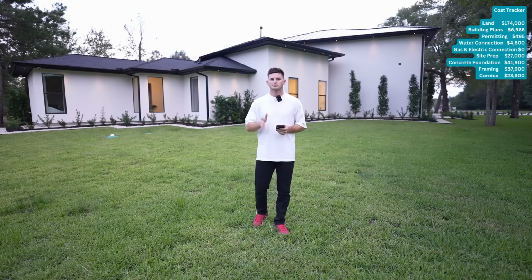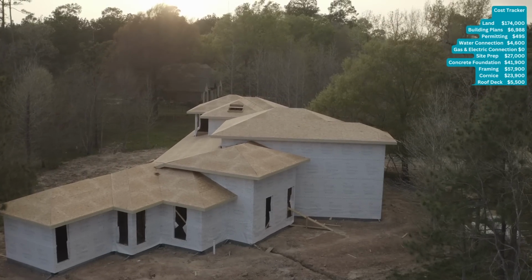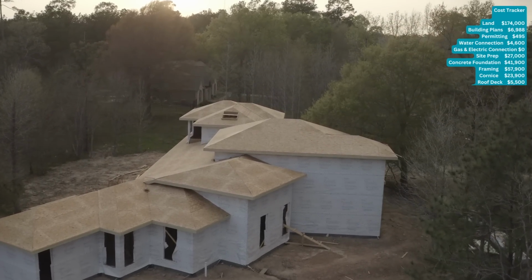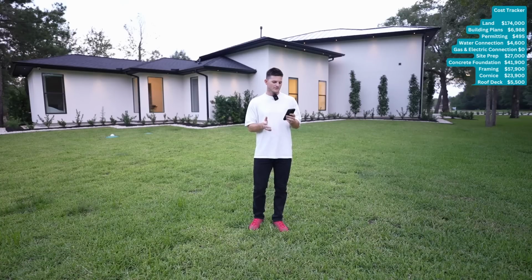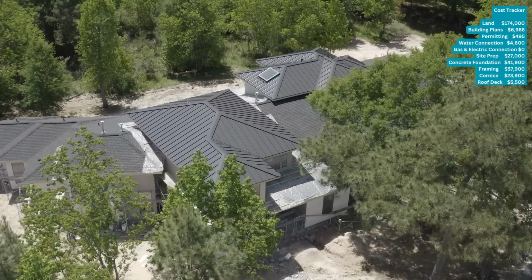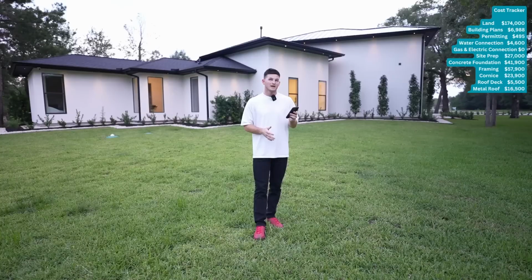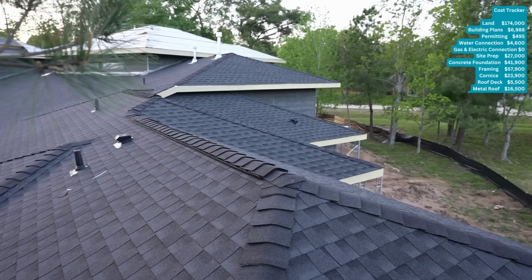My roof deck cost me $5,500, and my roof is close to 85 squares, and I chose to go with 25 squares of metal, and that 25 squares of metal, as well as a 4-foot by 4-foot skylight, cost me $16,500. And then for the remaining 60 or 65 squares, I went with a regular architectural shingle, and that cost me